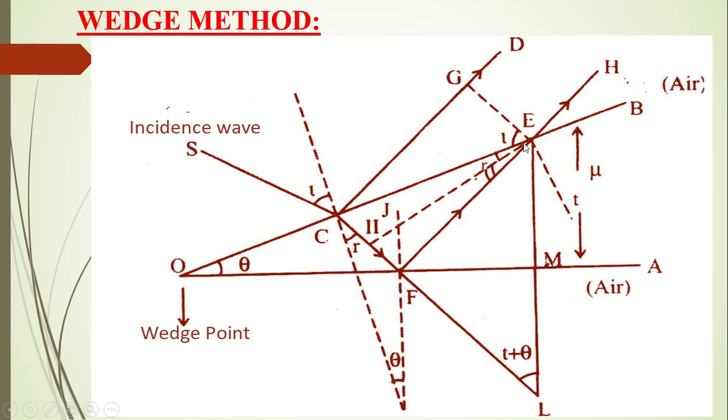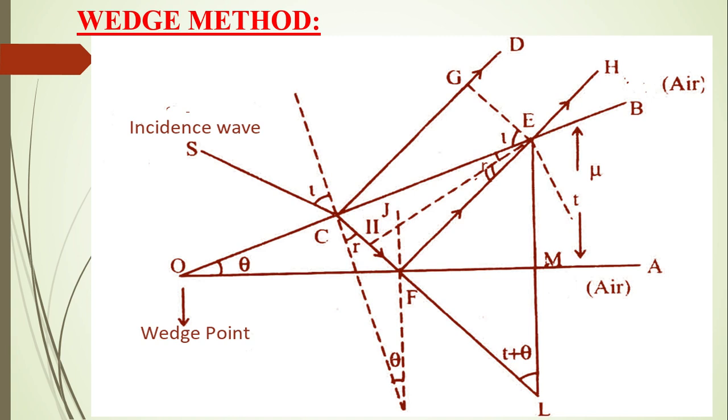Now we also draw a perpendicular on the refracted ray CF at point I. So this angle is r, this angle is 90, so this angle is 90 minus r. This is 90, so this angle is r, and r is the angle of refraction. We know that CF, this point is T, so CTF is a triangle. r and theta are the corresponding angles of this triangle.